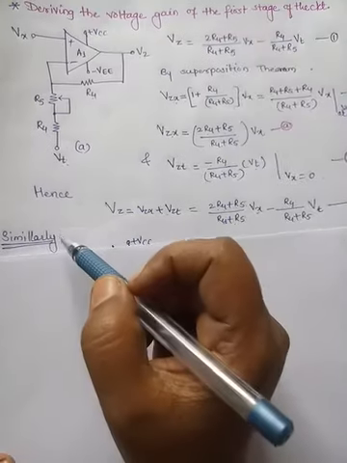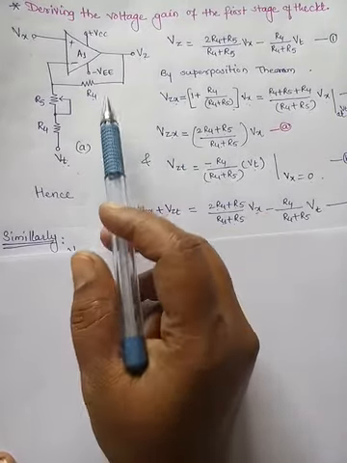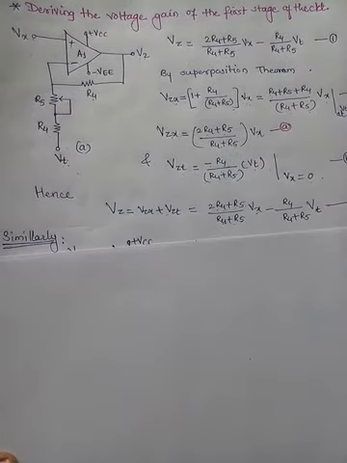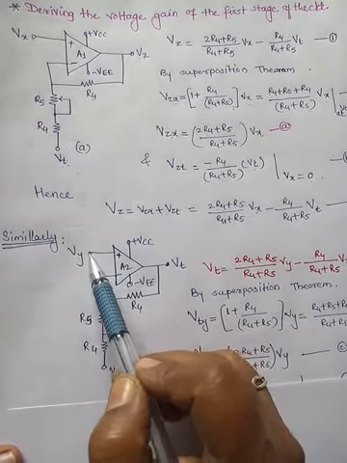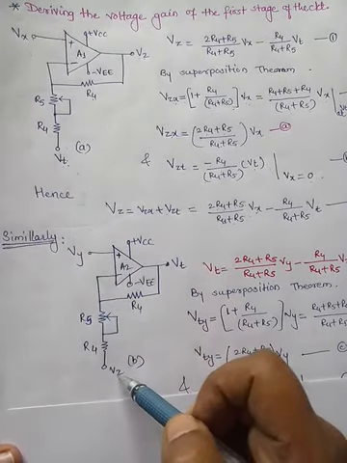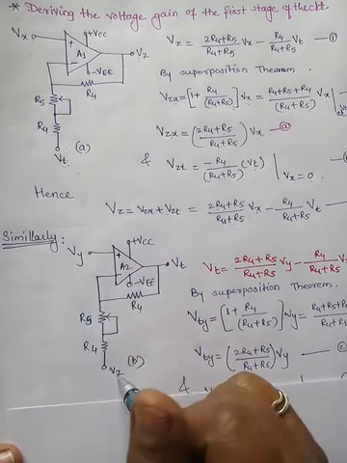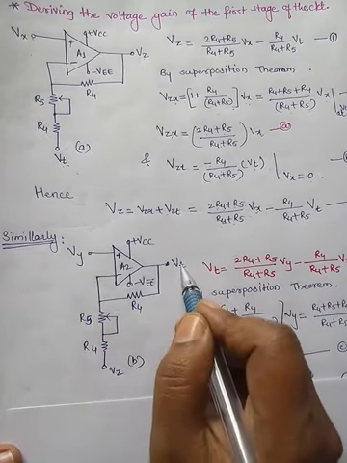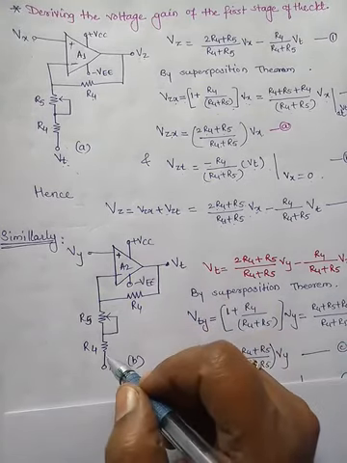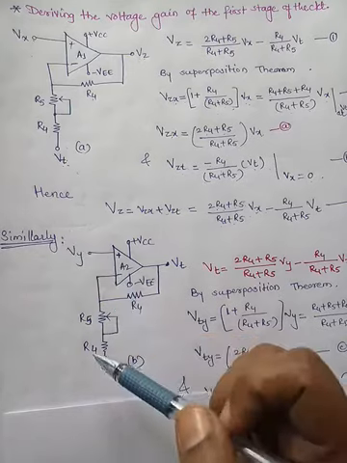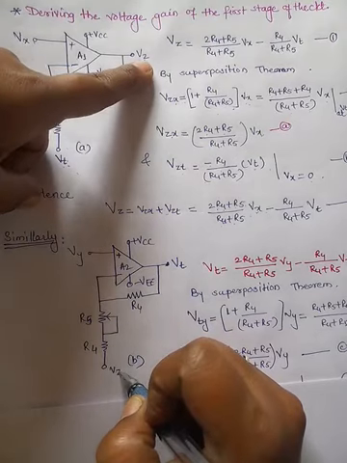In the same fashion, we can find the output voltage of the first stage for the second op amp, that is op amp A2, where we know the circuit is here, where one of the inputs is V of y and the other input is Vz. Similar to this, only the variables are going to vary here. It is V of y and it is V of z. So to find the output Vt, by superposition theorem, again make Vx equal to 0. Vx is 0 means Vz is equal to 0.